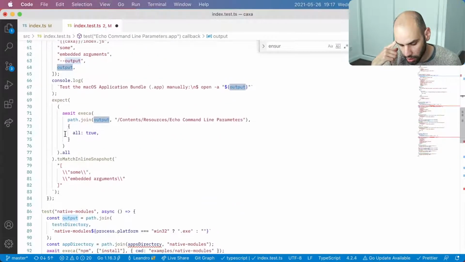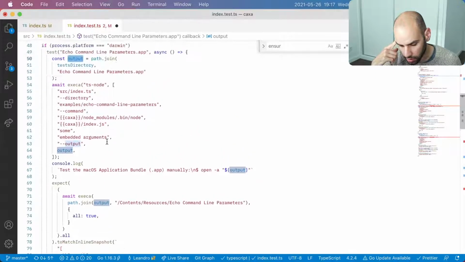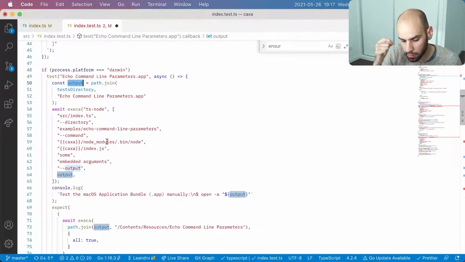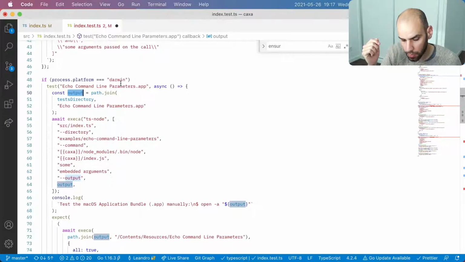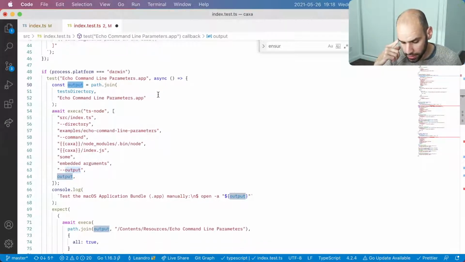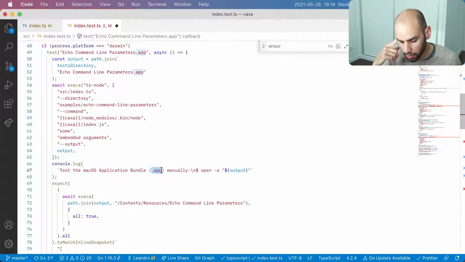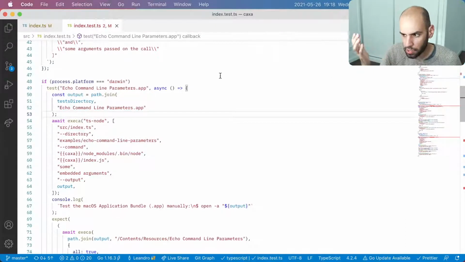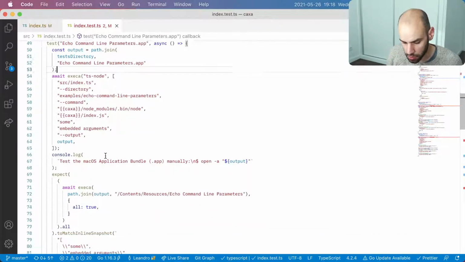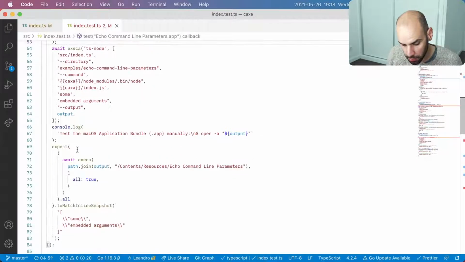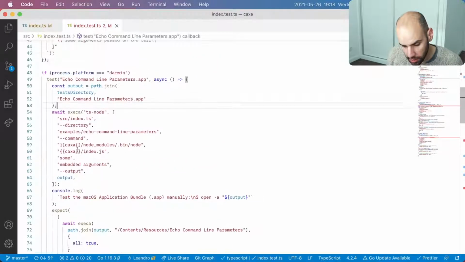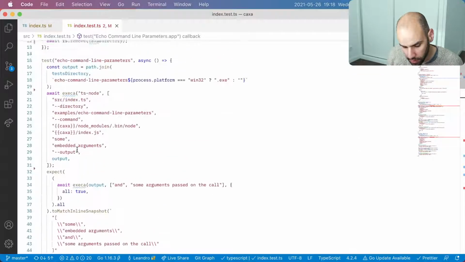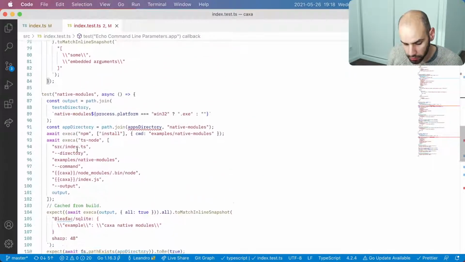And here we are not testing for caching and whatnot, because there is no caching, because there is no unpacking, because this is a different mode of operation that we haven't really discussed in the stream, but you can build a .app with Kasha, which is sort of neat. A .app is really just a directory with a certain structure. So Kasha is able to build a directory with this structure, and it contains your application. There is no need to unpack anything, so we don't need to change this test. And it's not even using the apps directory anymore, so that's fine.